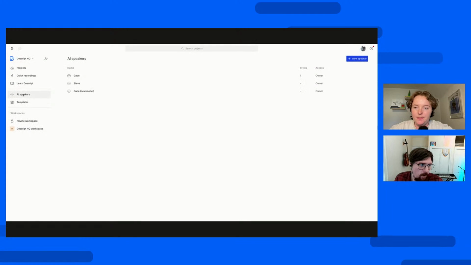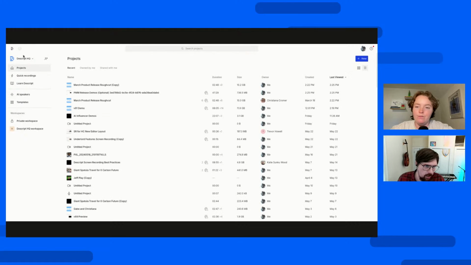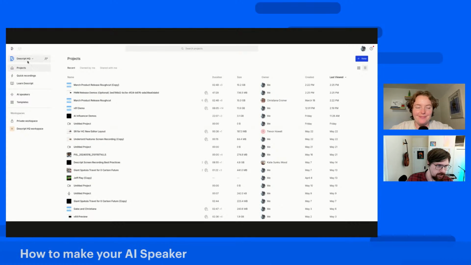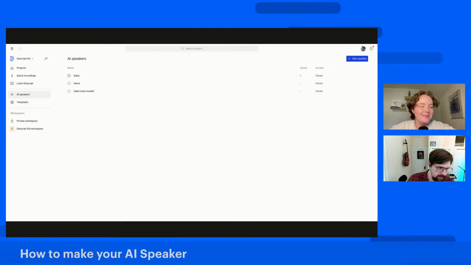Let's do it. Okay, so just for context, I was in Drive View here. We do have a web version of Descript available now. We very sneakily removed the beta tag. We will be talking about that at our launch event, but it's technically not in beta anymore, so go check it out, web.descript.com. Okay, AI speakers, it's right here on the sidebar. You can see I've already made a couple voices. And yes, Christiana, please do stop me at any point if you think we can talk more in depth about anything. I will. Thank you.